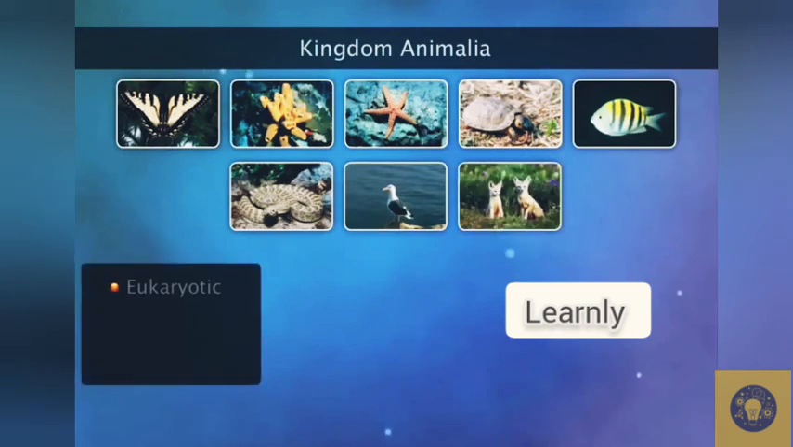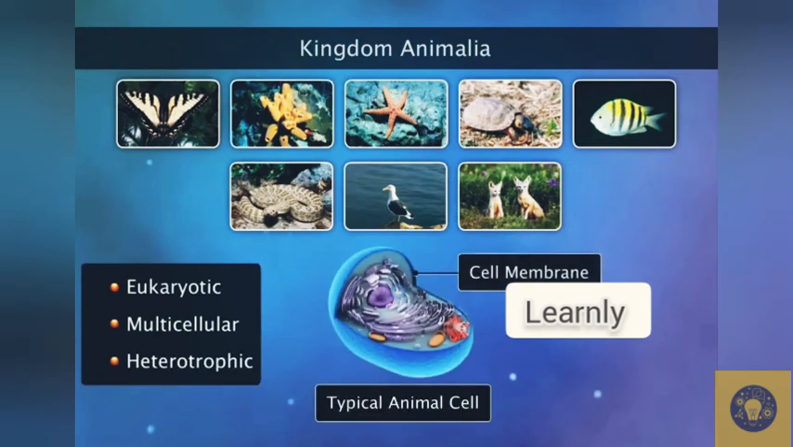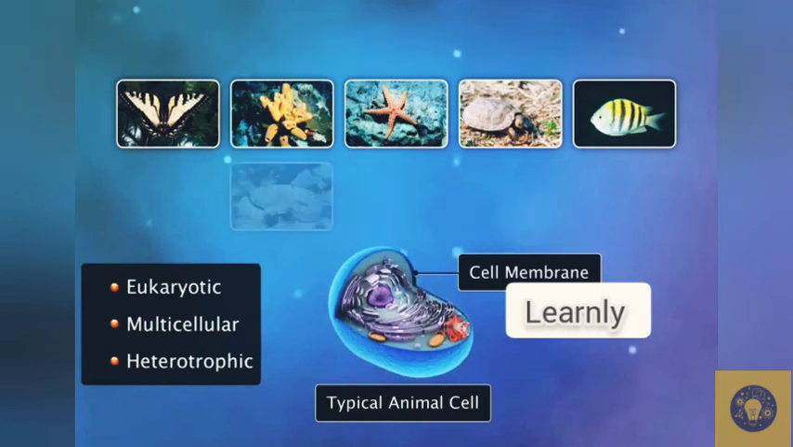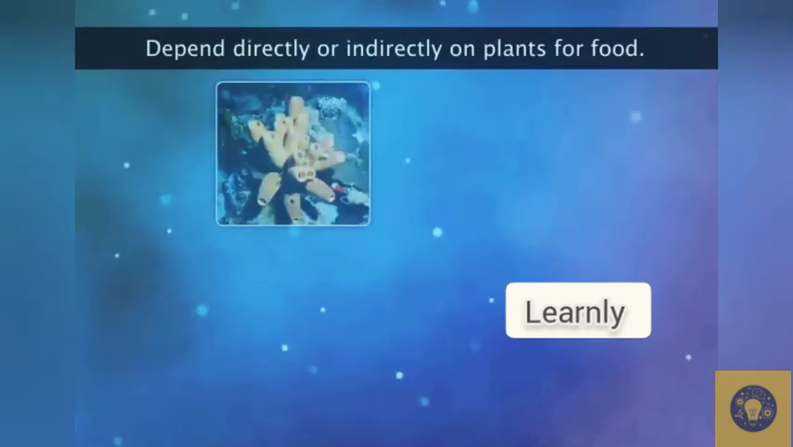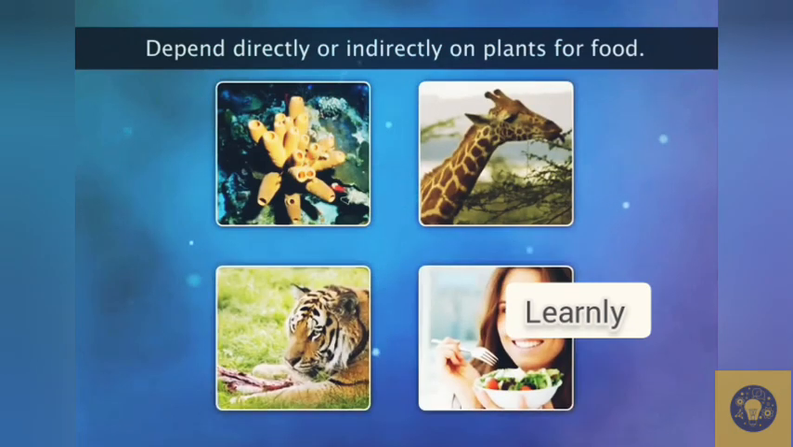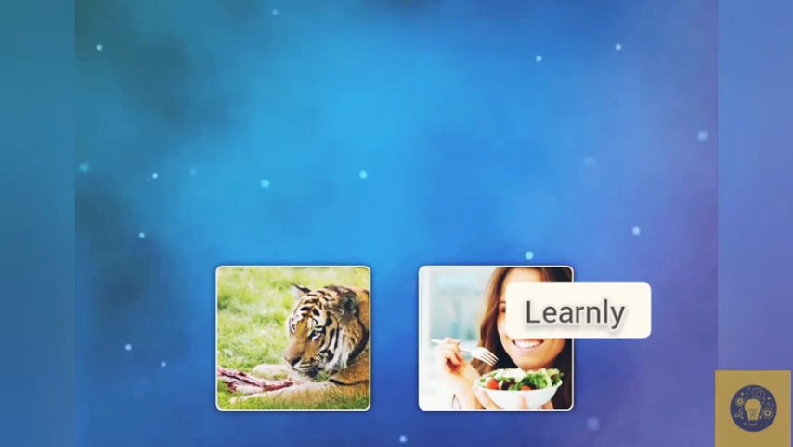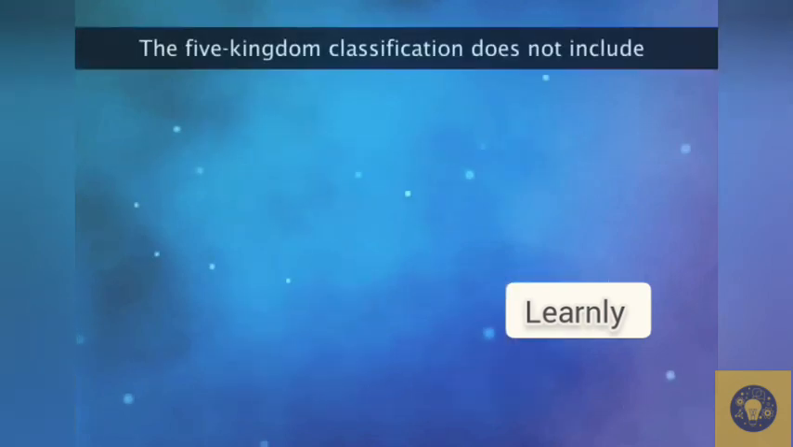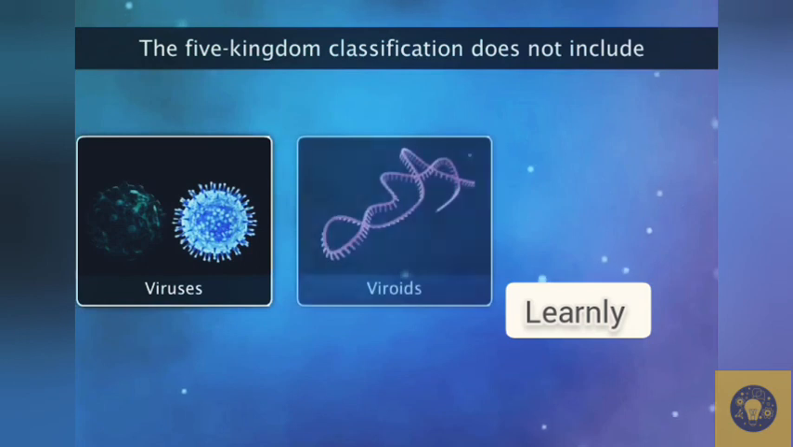Kingdom Animalia is characterized by eukaryotic, multicellular, heterotrophic organisms that completely lack cell walls. They depend directly or indirectly on plants for food. The mode of digestion is holozoic, by ingestion of food. The five-kingdom classification of Whittaker does not include some acellular organisms such as viruses,